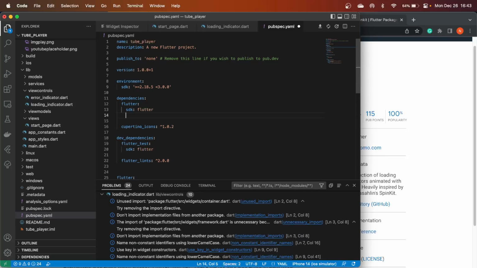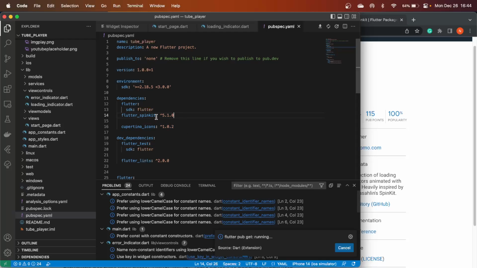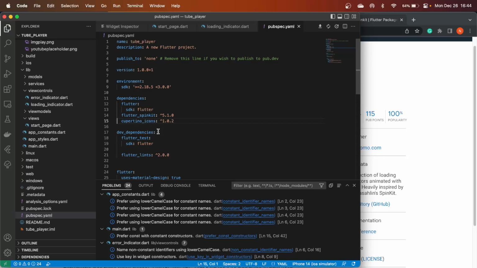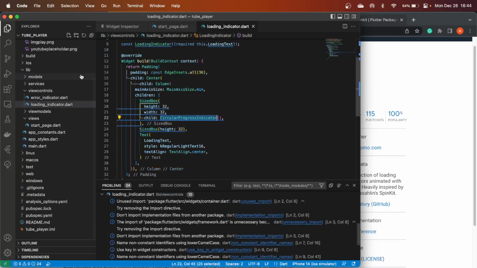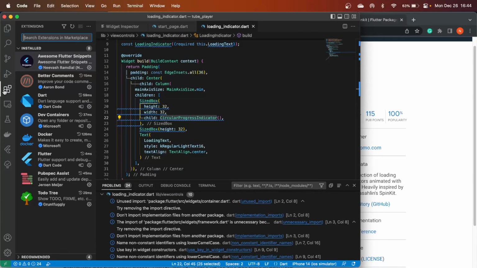So under the dependencies, I can add Flutter SpinKit, and then I can save it, and you can see it is getting the package for me. And now it has extracted the package. Let me put everything in one line. This is one way. Another way to add a package is, if you go to the extensions, you notice